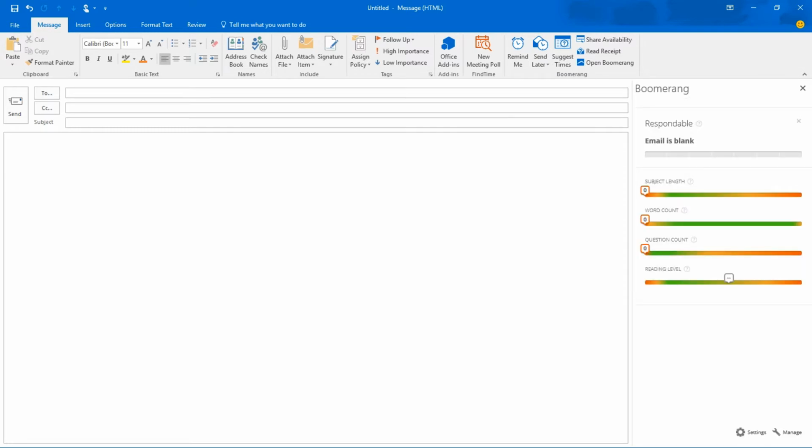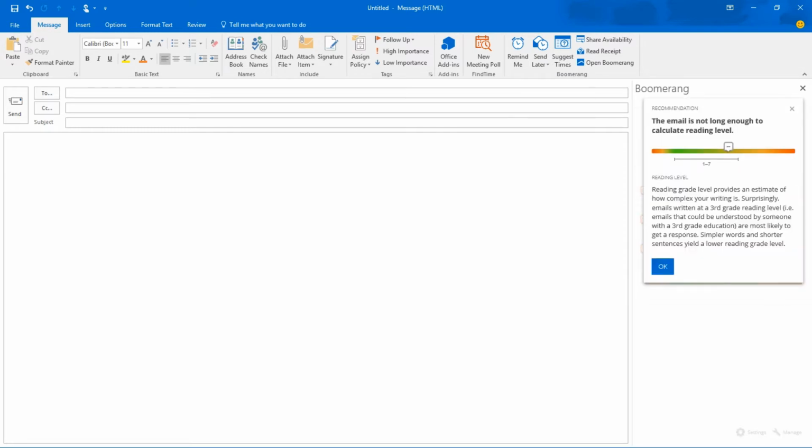And lastly, the reading level indicates the difficulty of understanding based upon the sentence construction and the grammar in the body of the email. So this service is able to give you feedback after reading and analyzing what you create in the message, as it should be between 1 to 7 on the scale provided.